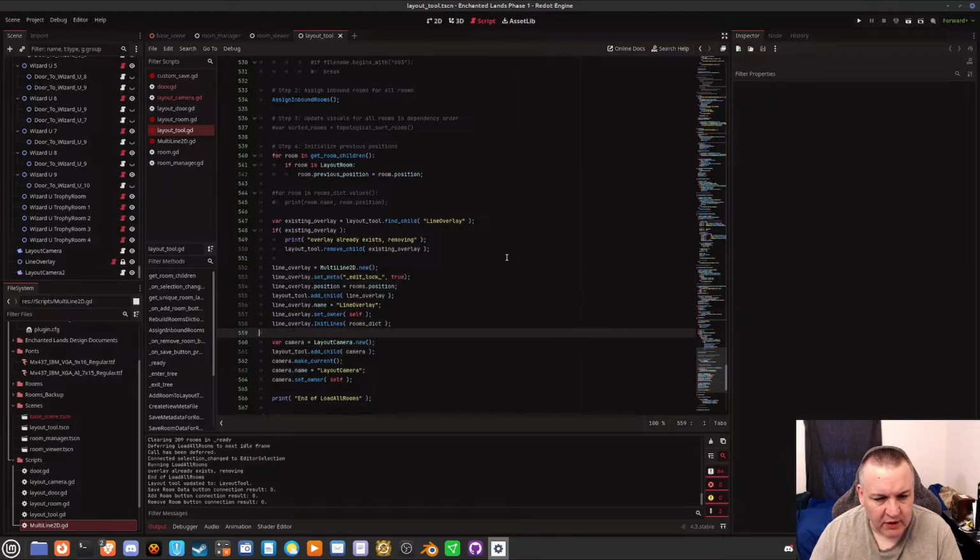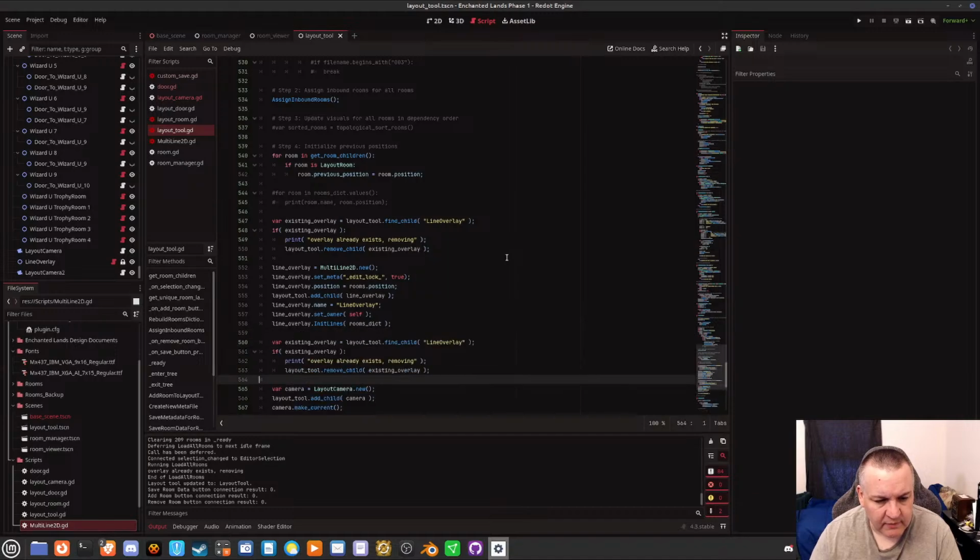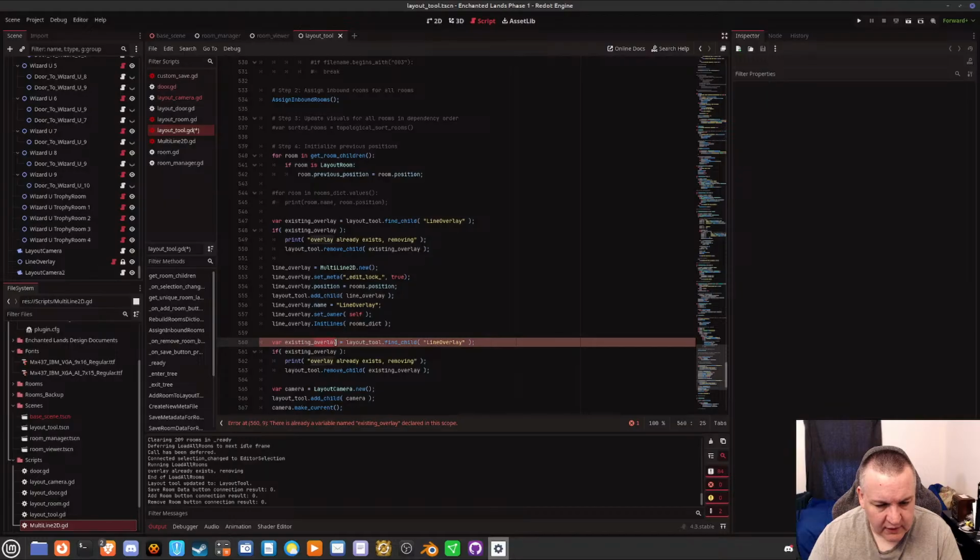So what we do here is we do this. Now I don't need to do that. Existing camera equals layout tool find child layout camera.